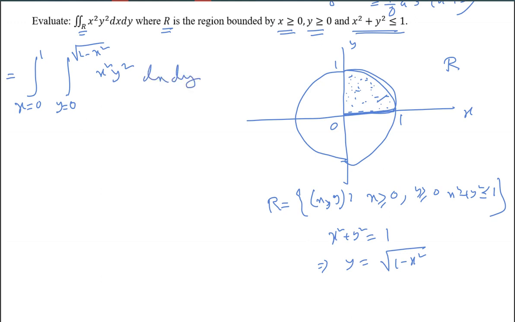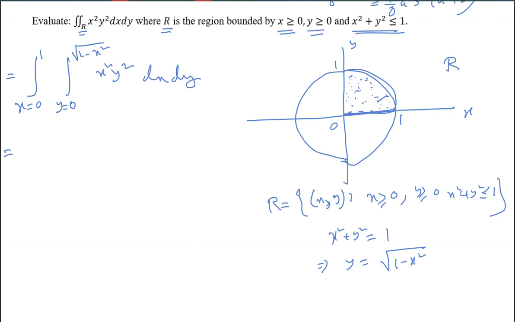So now we integrate this first with respect to what? Sir, I have a doubt. Why are we taking y equal to 0 as the lower limit? Because I think we should take y equal to 1 when x equals 0. Sir, it is coming from 1 to root of 1 minus x square, no? Rather, root of 1 minus y square, because it is varying along y, no? And we are integrating along x first. Okay, now listen to me first.